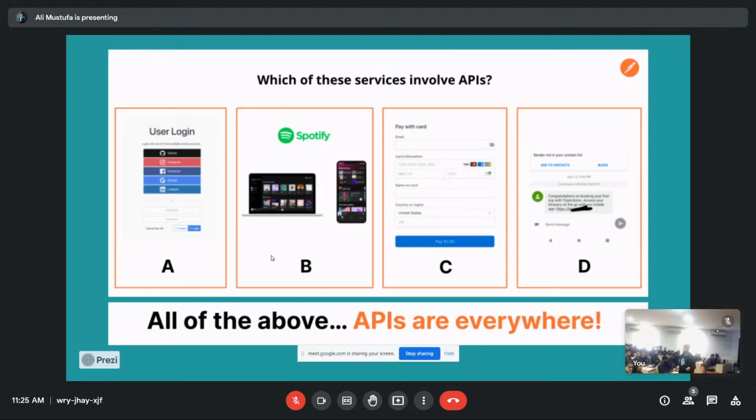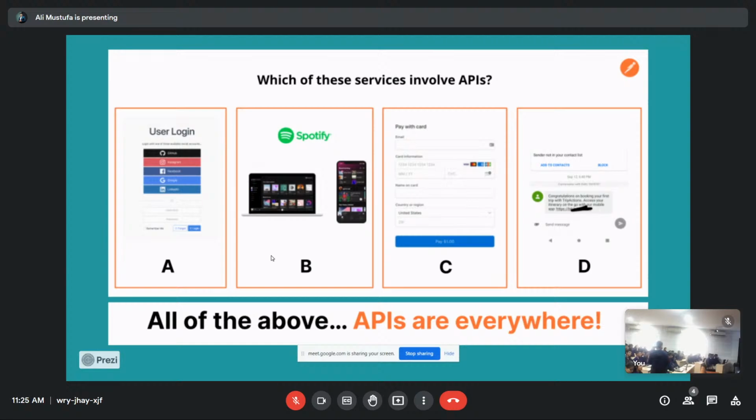Then comes credit cards. Any credit card you have can be transacted online. Why? Because of the networks like RuPay, Visa, MasterCard, and they all use APIs to communicate with your bank, to know if you have the balance, and to go ahead and make that transaction. As we all use UPI, you just scan and pay. But the payment gateway takes care of it and understands if you don't have money, like you only have 2 rupees left. What to do? Obviously all of that happens on the back end while you're paying, and that's why payment gateways always use APIs.